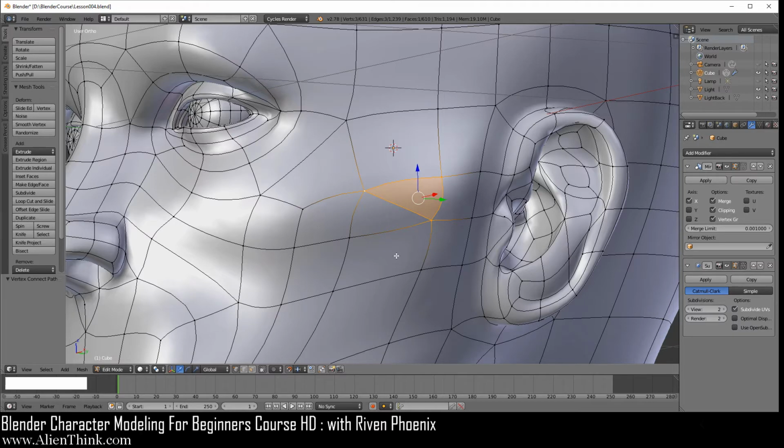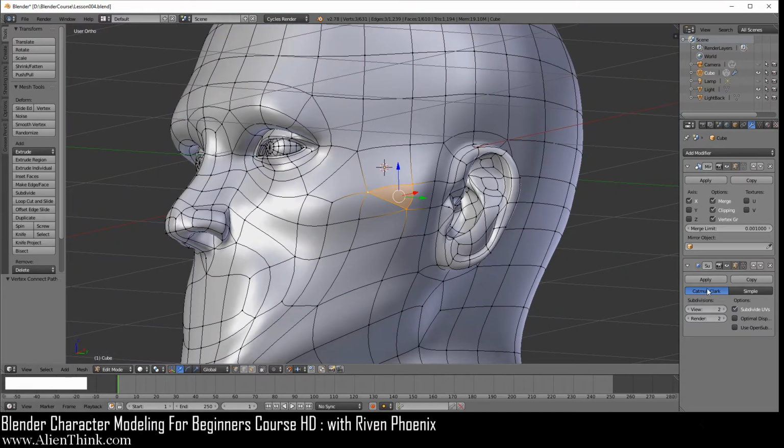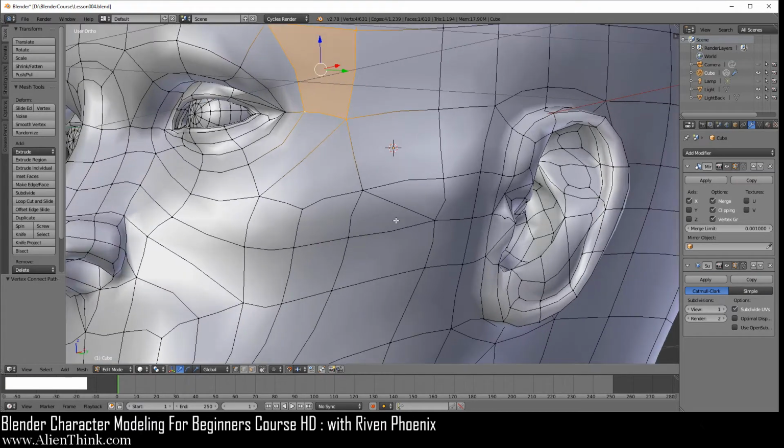Okay, now when you're using the subdivision modifier, this is something that you're going to come across in your 3D modeling career, is that you're always going to be using quads, just like here, right? We're using quads to create our 3D structure. But the thing to know about the subdivision modifier, it actually doesn't care if you use a quad or if you use a triangle, because the underlying structure will always be a quad.